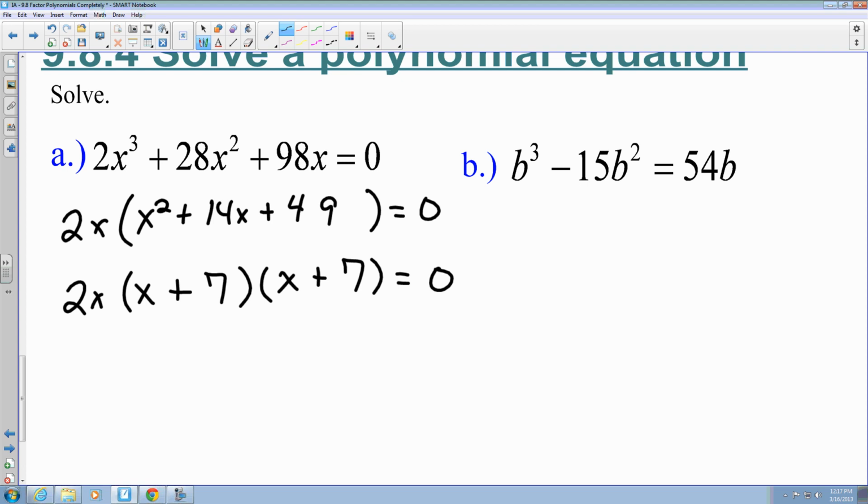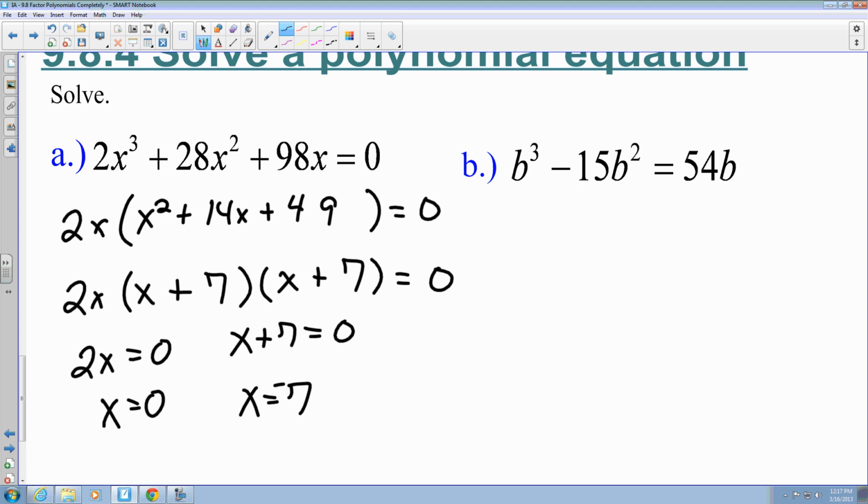So now I can use the zero product property. So I say 2x equals 0. And I only have to write in one because I only need one value for x to be the same, so x here is going to equal 0, and x here is going to equal a negative 7. Okay? And for b,